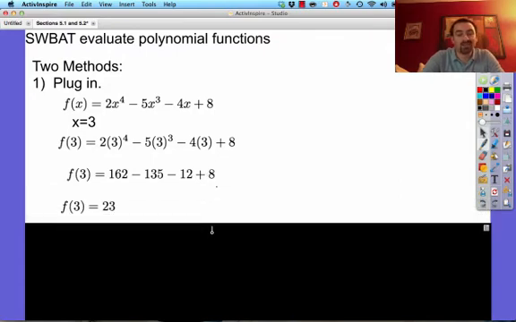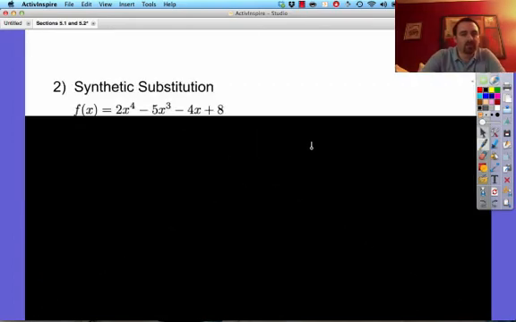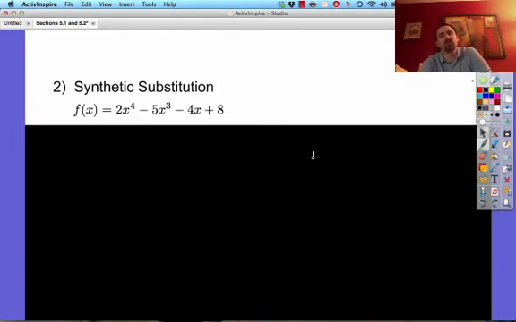Okay? It's a little messy. It's actually quite a bit of work, really, when you think about it. That's method number 1. Method number 2 is a little bit sneaky, but it's pretty cool. And we call this synthetic substitution. So I start with this, and this is what I do. This is a little tricky,